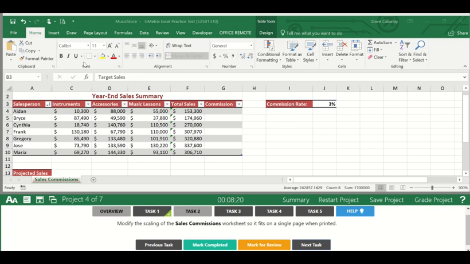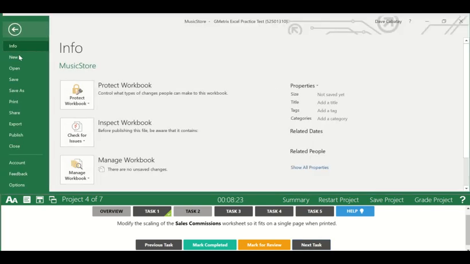Task 2. Modify the scaling of the sales commissions worksheet so it fits in a single page when printed. So we're going to go to the backstage view, click File, and then Print,